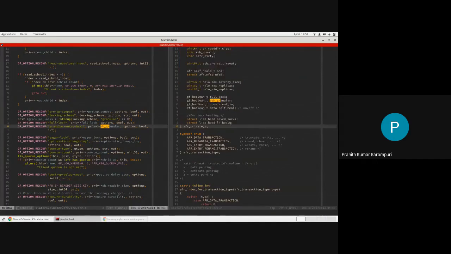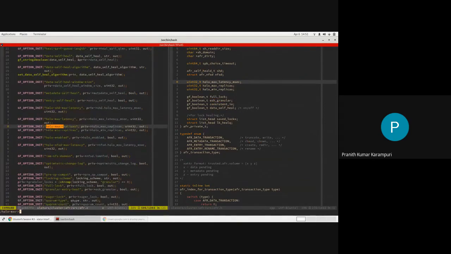Based on the kind of values the options represent, they could be integers, for example the halo max replicas and min replicas options. So whatever options are specified in the translator's volfile get stored as your private data, which modifies the translator behavior based on the options you have set.